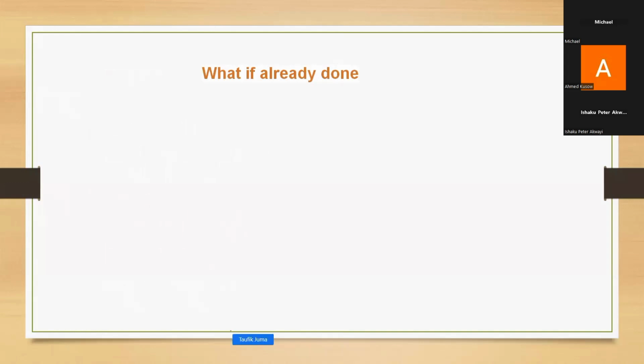A very important question: what if a systematic literature review is already done? It happens with all of us that when we start to formulate our research questions, there is no systematic literature review done on the specific topic. So we start working on the specific area and topic, formulate our research questions, develop our hypotheses, and start searching in databases for our related literature. But when we are almost at the ending stage, and sometimes when scrutiny is completed, we find that